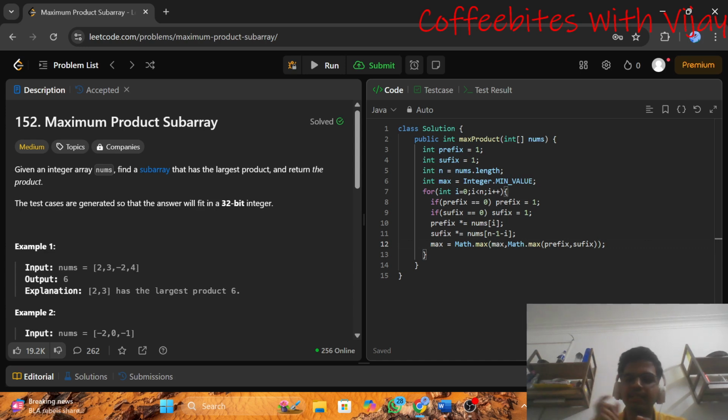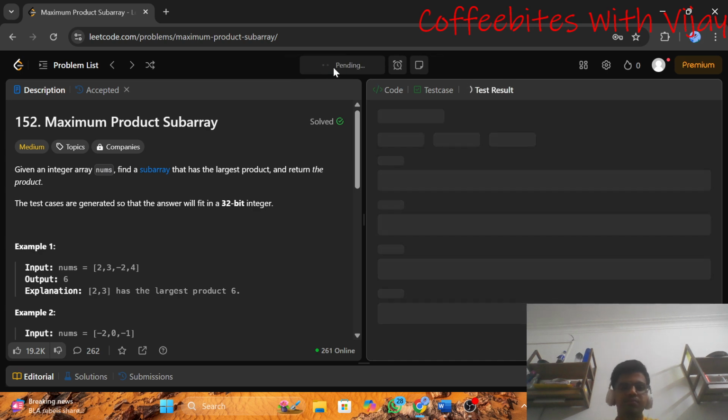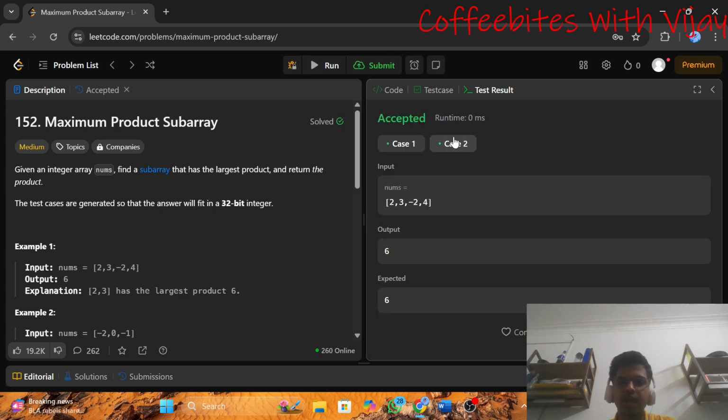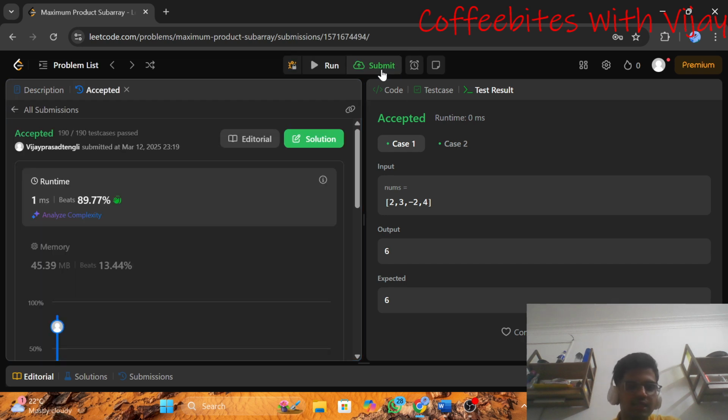Now I have calculated the maximum value between the prefix and the suffix. Again I'll return over here maximum as my answer. So I guess this is the program, this is the code guys. So this is my logic. Let's see whether the code runs or if there is any error. Let's check this. Yes guys, we have run these two cases. Let's run for all the other different cases. Yes guys, all the 190 test cases have been cleared.